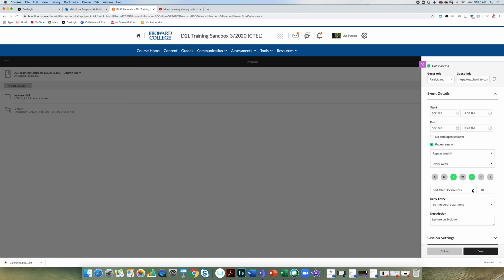And when it says end after occurrences or end on date, you can select end on date. That's just a little easier. Select the end of the term. I'm going to come over here. I think it's June 25th, but I'm not sure. So we can select the end of the summer session 2 term. Now when I select save,